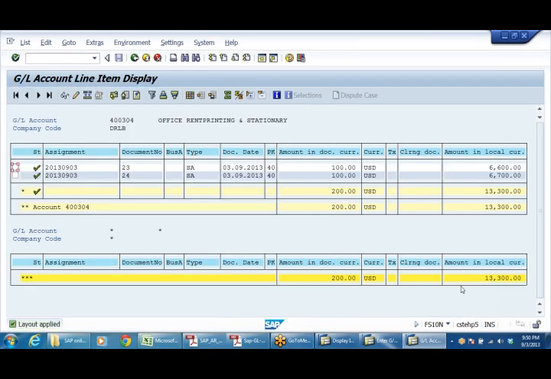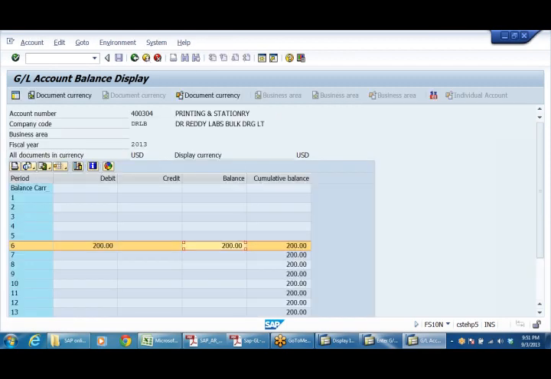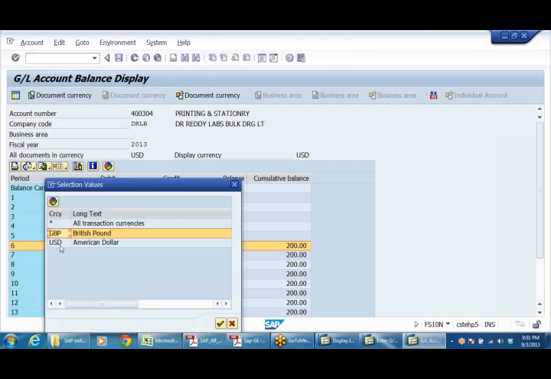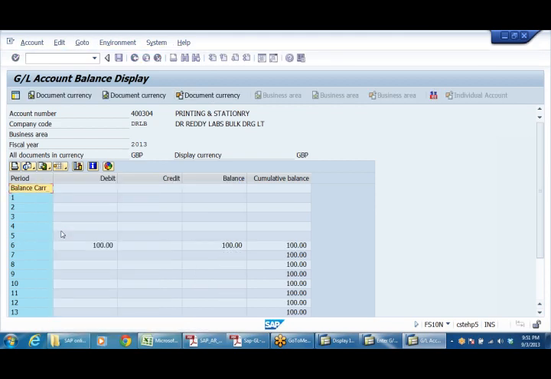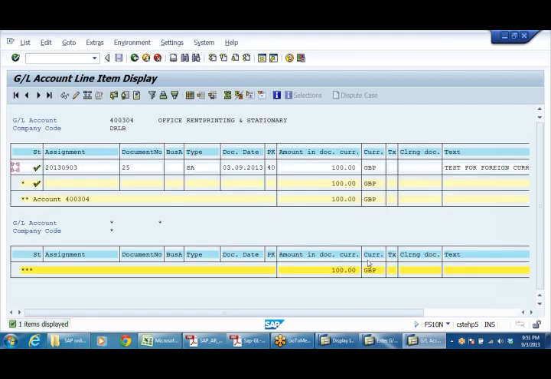Copy. Now see, it is showing INR. This is USD. Here this is 66, this is 67, right? So similarly, I want to see in GBP. Select GBP, then only 100, right? GBP.